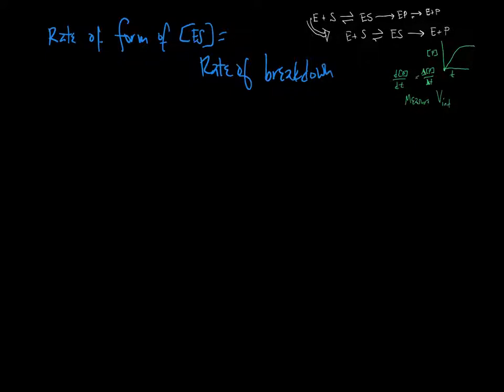In calculus, they would have said the derivative was equal to 0. There's no change. In order for there to be no change, you have to be making it as fast as you're breaking it, or vice versa. So if you think more calculus-wise, feel free to write d[ES]/dt is equal to 0. I write this. Okay. So now let's write this out. The rate, or if you want to put V, you can, but I'm going to say the rate to form ES